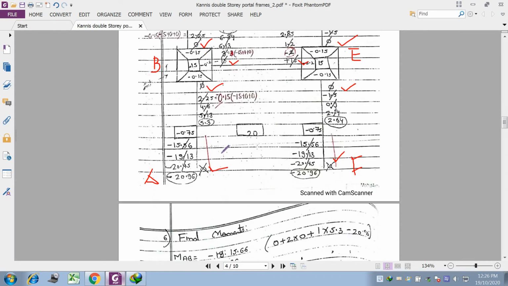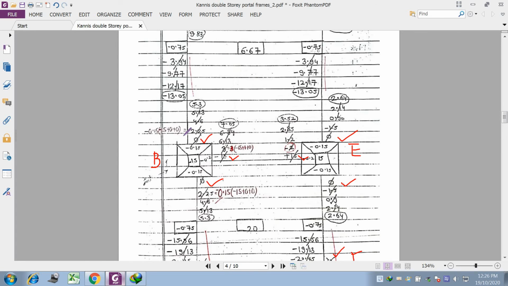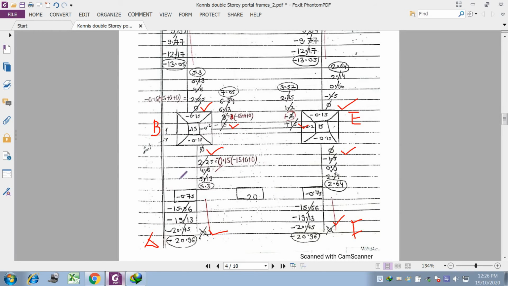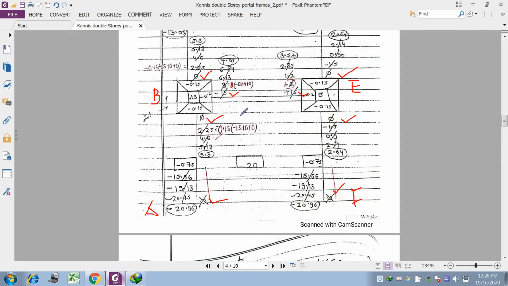Next step is the calculation of the respective column factor and beam factor. It is not a moment. Whatever factor we are obtaining, these are factor values. These are not moments, these are called factor values. So let us always start from the clockwise direction, that is the alphabetical order. Always remember, whenever the double story numerical is there, you have to start from the left side, that is in alphabetical order only. Otherwise the numerical will be wrong.